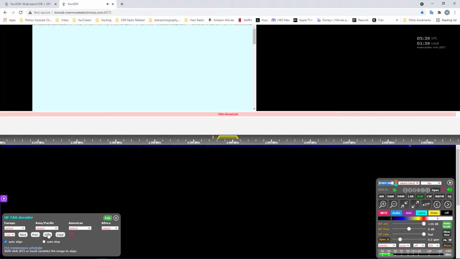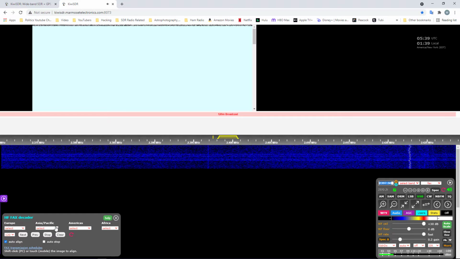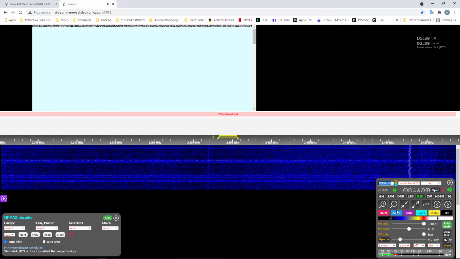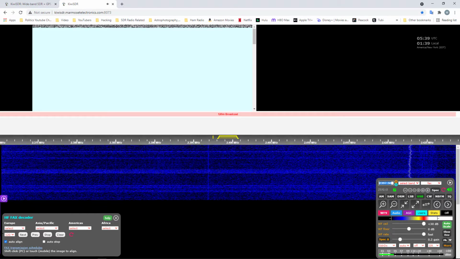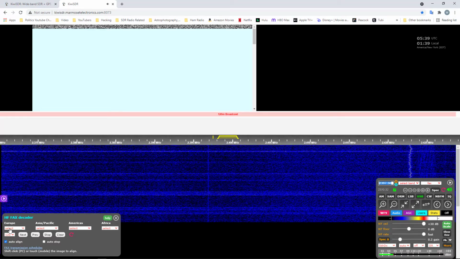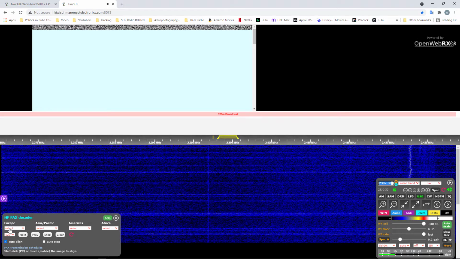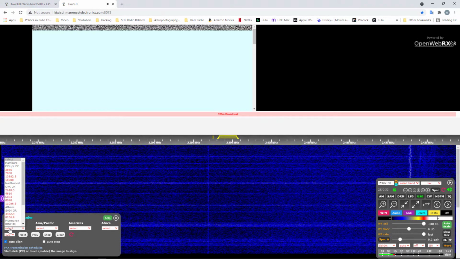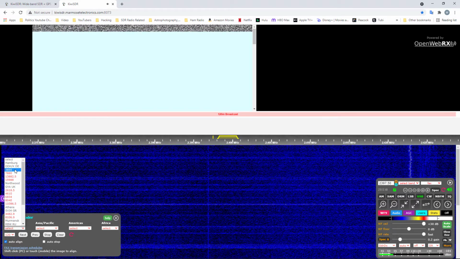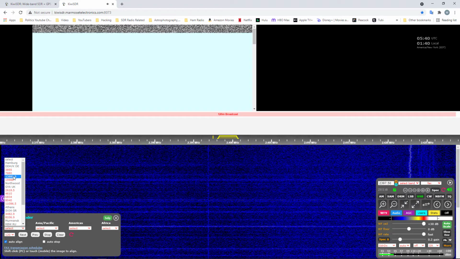Let me see if I can get this to crank up. Now just keep in mind that depending on where you're at, you're going to want to use an antenna that's in its geographical location. So right now we're in Louisiana or Kentucky. Cranking up the one for Hamburg is not going to work for you, because we're just not in Hamburg.